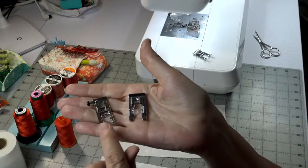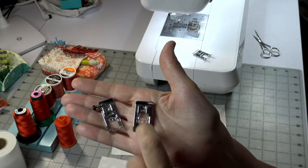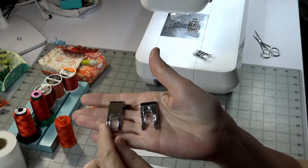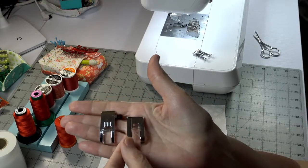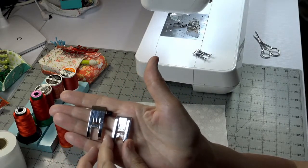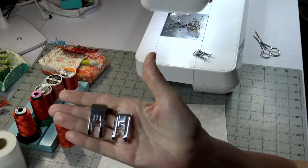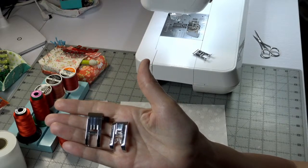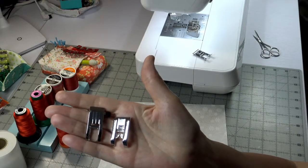So, J foot, N foot. And the N foot, you can see, has a little clear plastic to it. But the important part is when you turn it over, can you see how that's just flat? And when I turn this one over, let's see if I can get it. There we go. I know it's a little shiny, but see how you can see that little channel or tunnel right there? Well, when you're doing decorative stitching, your stitches are filled in more, and it makes that thickness,